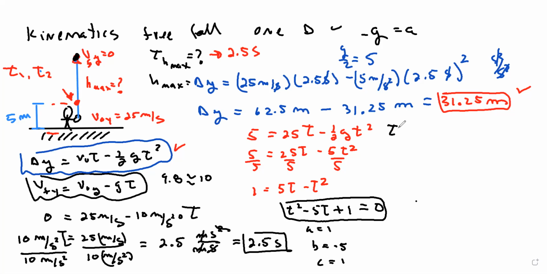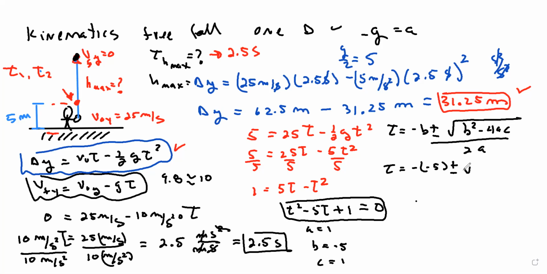So our t is going to be minus b plus or minus the square root of b squared minus 4ac, divided by 2a. So our t is going to be minus b, but who is b? b is minus 5, plus or minus the square root of minus 5, there's your minus 5, elevated to the square,